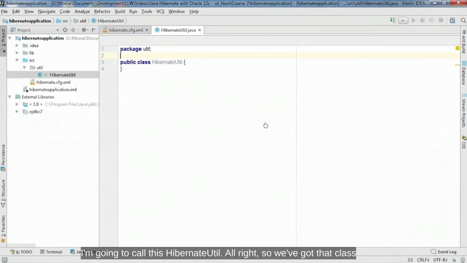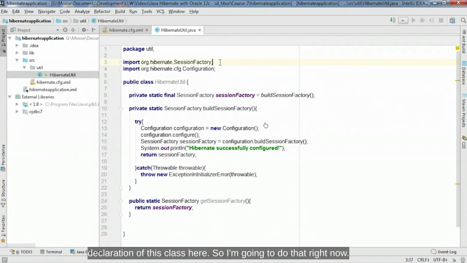All right, so we've got that class in place. Now I'm going to paste in the declaration of this class. You can see that we've got public class Hibernate util. The Hibernate util has a private static final instance variable of type session factory, and it is initialized by calling build session factory. So the first time that we call the getter on our util, this build session factory